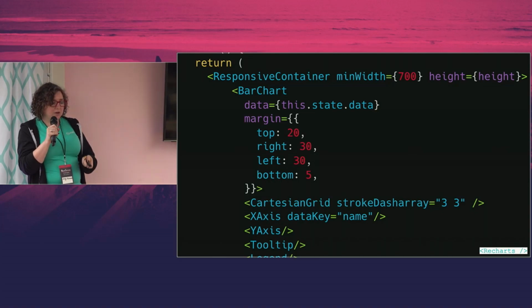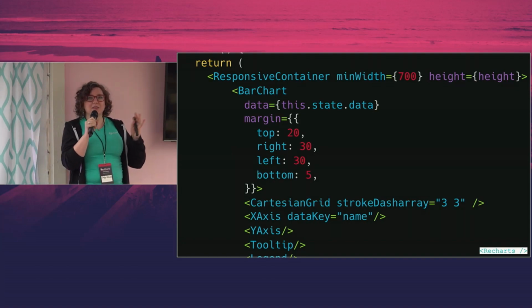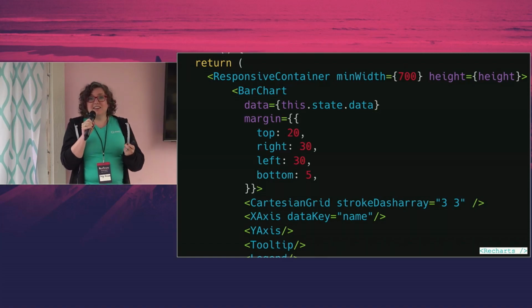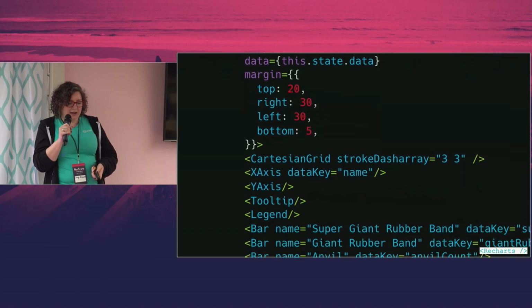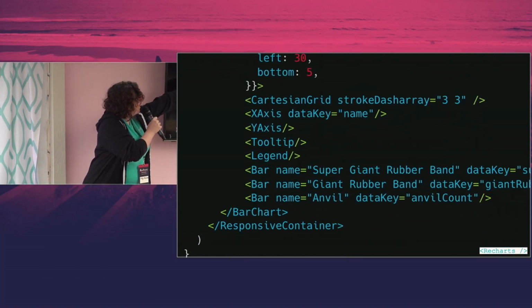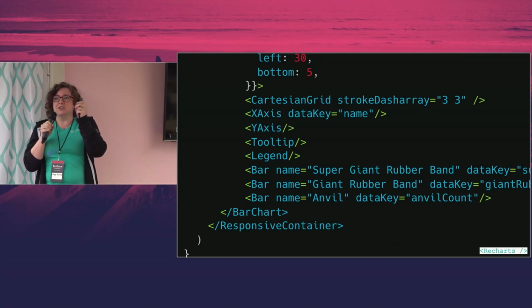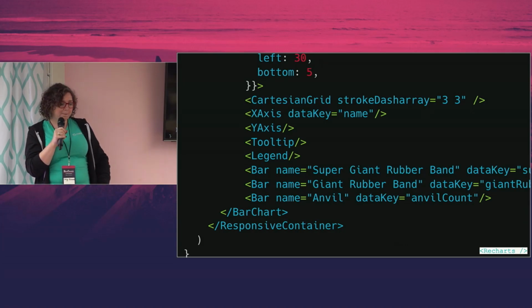And what you do here for Recharts is you need to wrap it in a responsive container. Some will do it out of the box, but that's something to look for when you're checking the docs. The data is actually just an array of objects, and then the way that it works is that you have these data key elements, which you might be able to see hanging about here. And that's basically denoting the property. So the x-axis, then the bars, are going to pull through those values for rendering your chart.